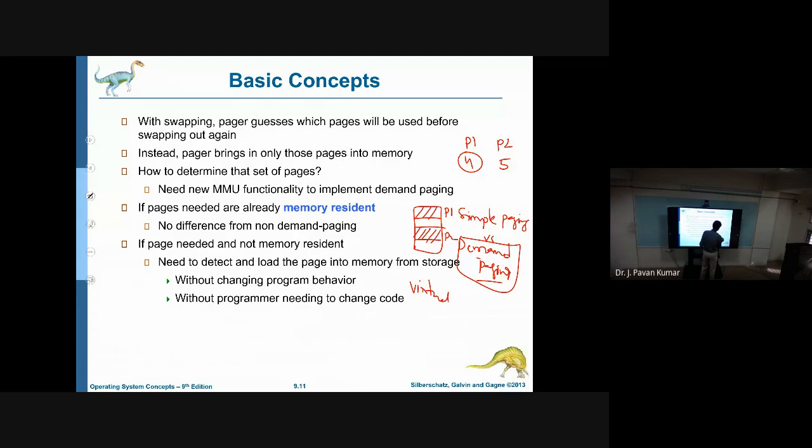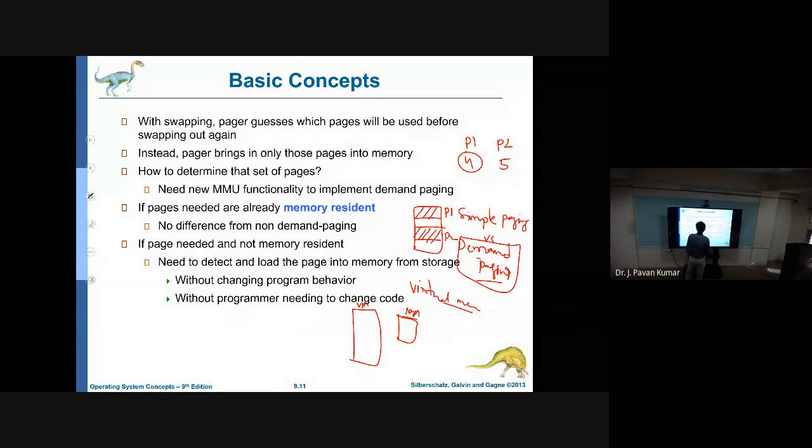What is meant by virtual memory is that, although we have limited physical memory, for the programmer it will seem as if a large amount of physical memory exists. We provide such an illusion through virtual memory, so that we can provide flexibility to the programmer to write large programs without bothering about how much main memory he has. That is the advantage of using demand paging or virtual memory.